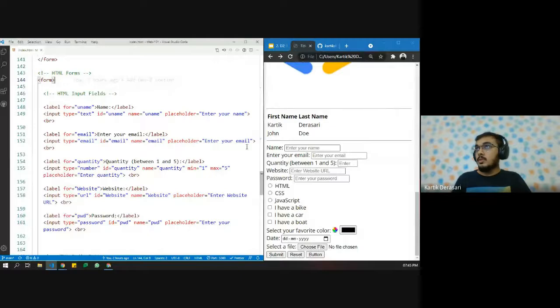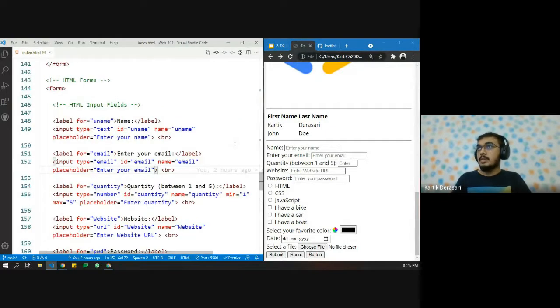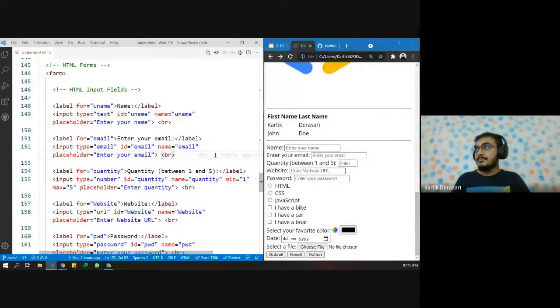Okay, so I hope the code is perfectly visible, right? So we have a label for each input tag, and all the form input fields revolve around label and input.